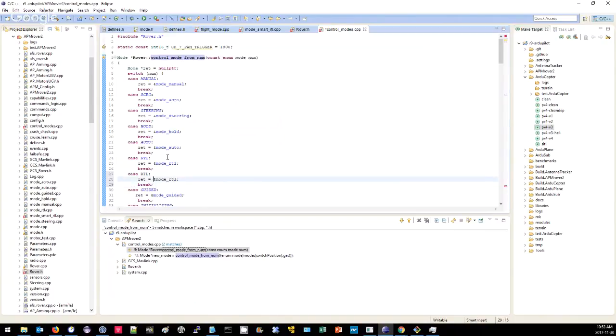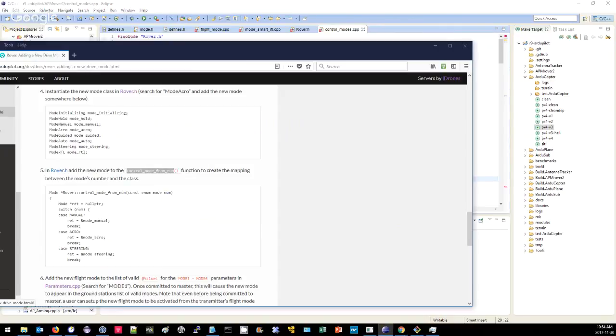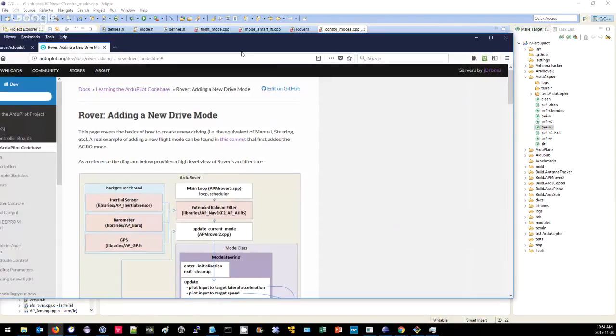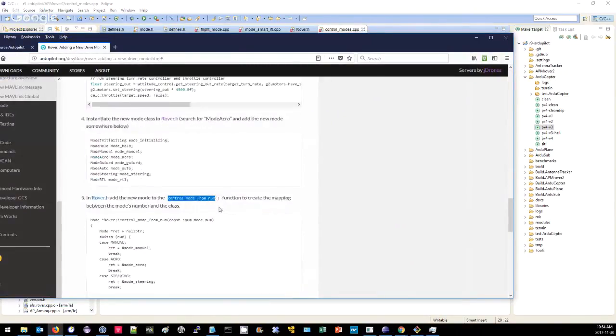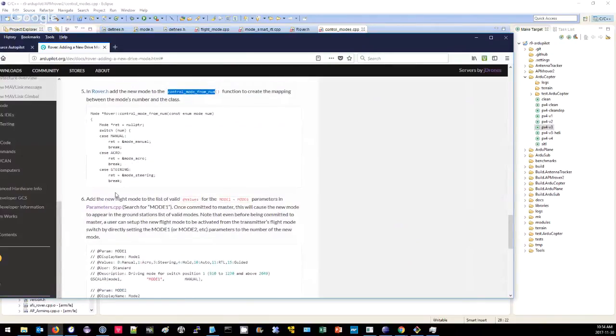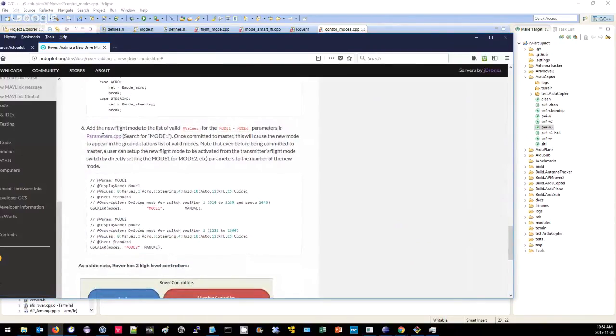So here we need to add our SmartRTL. So that's the link between the number and the object. So that has been added now. And then, so that was 5. All right, okay, and then we need to go in, add it into the parameters list,